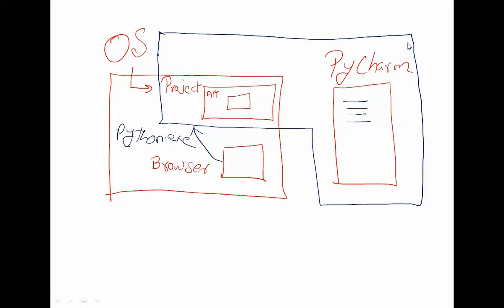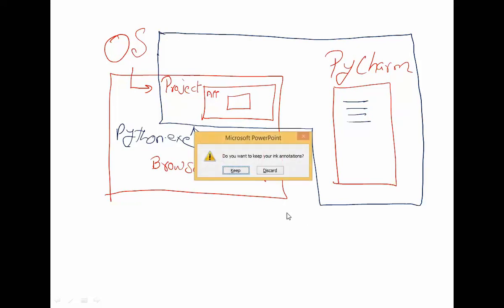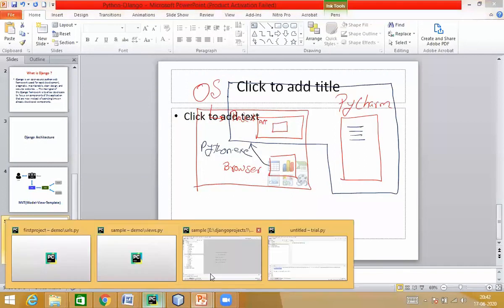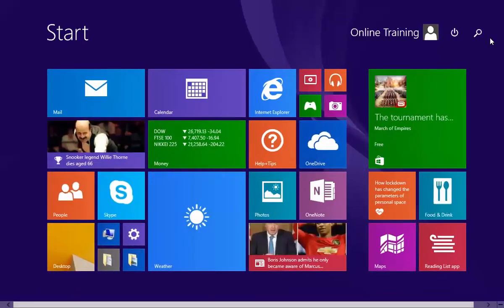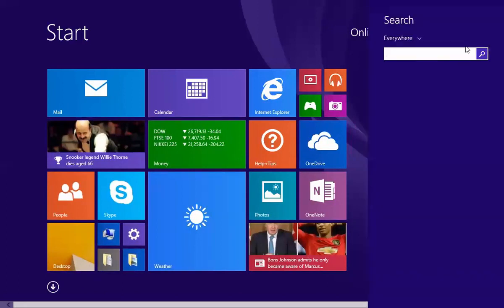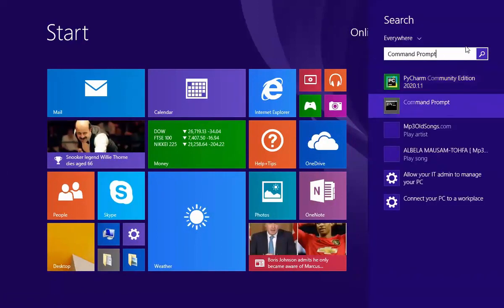Now that we've designed our strategy, let us start with an application. Let me just get started over here. Now, this is my PyCharm interface. Currently, I'm not interested. I'll just go to Windows, command prompt.